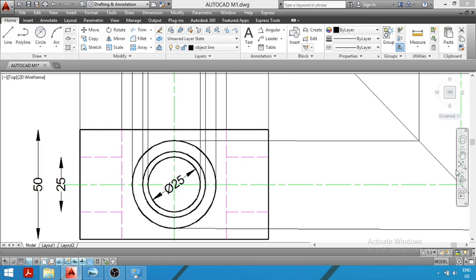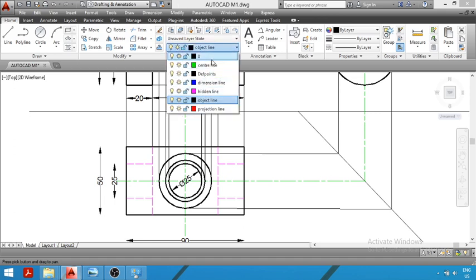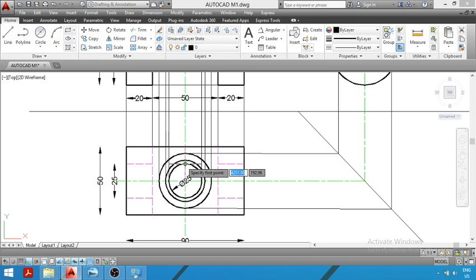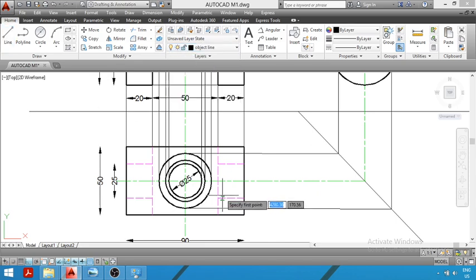So in the next step, we have to just project the end points of this second circle on the 45-degree line. So we will see here. Now we will project the end points of the second circle on the 45-degree line. I am projecting here. We have projected it on the 45-degree line. While drawing construction lines, you have to draw light lines. So we will be projecting by using light lines.